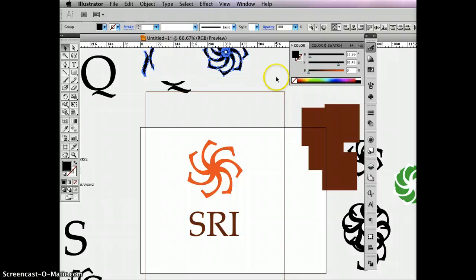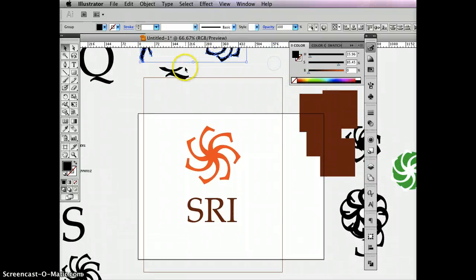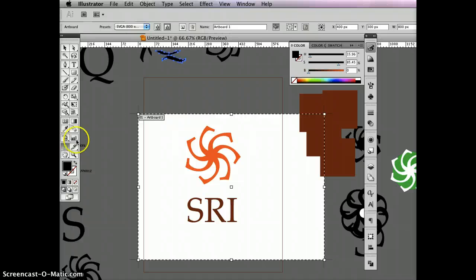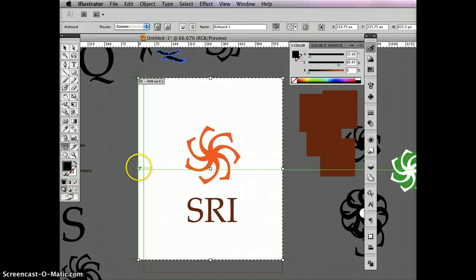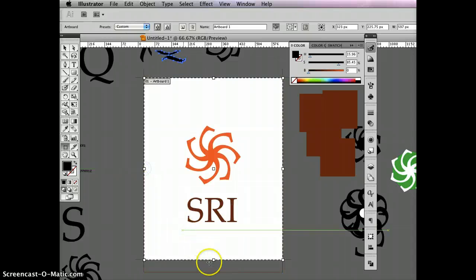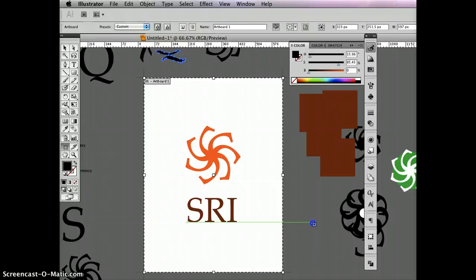Get rid of all this stuff here that's in the way. And then I will click on the artboard tool, which is located over here. It's this one right here. And then I can change the artboard to match that box that I made. And a very important final step here, if you're going to print this or even just using this box to convert this to a JPEG or something,